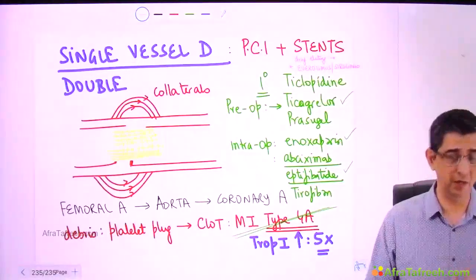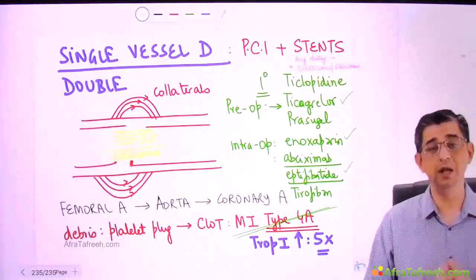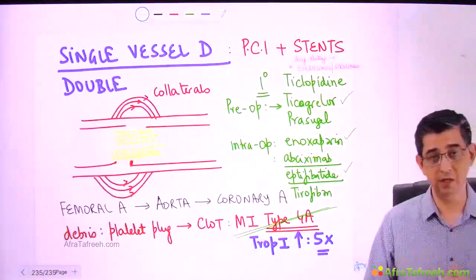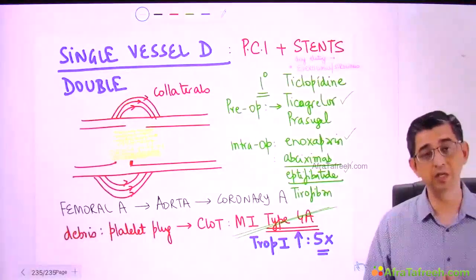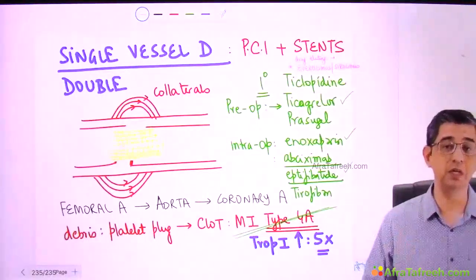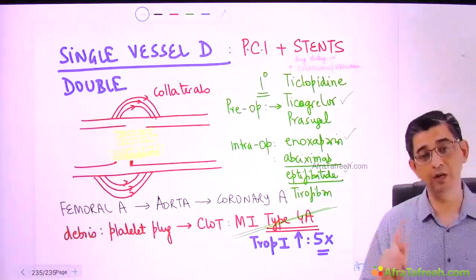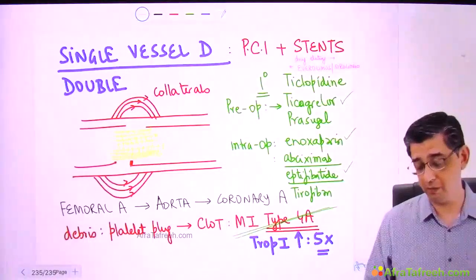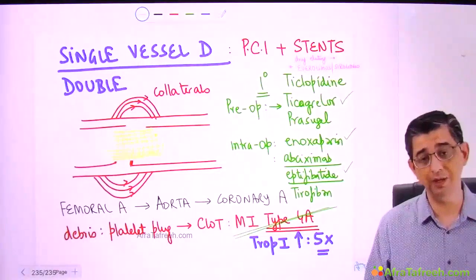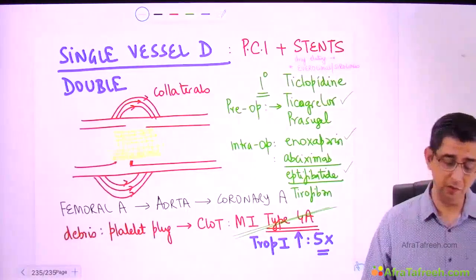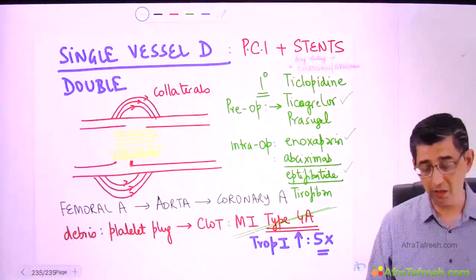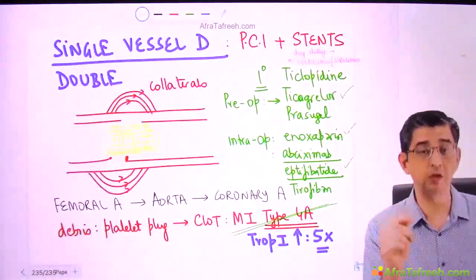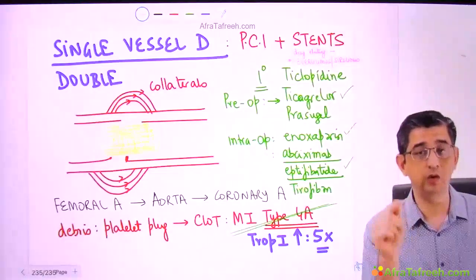From the medicine perspective, it is sufficient if you just remember two aspects. What is the treatment of choice for single and double vessel disease? PCI stenting. Second point you need to remember is, what is the type of MI that can be seen during the procedure per se? We're going to call it a type 4 MI. How much is the magnitude of elevation? Well, that would be 5 times elevation of troponin I that can occur. And yeah, if he wants to go into the pharmacological domain, he can definitely talk about it. And I've highlighted the fact, why are you putting stents, is because you want to prevent the atherosclerotic plaques from coming back.